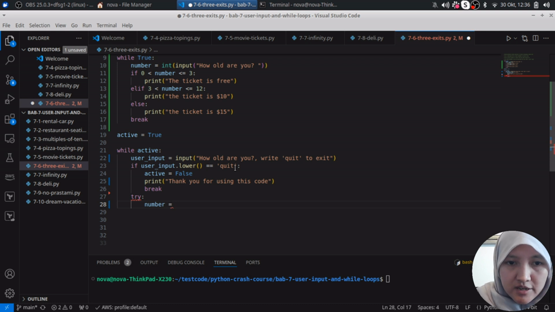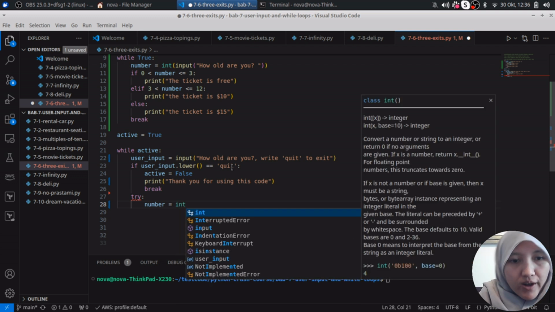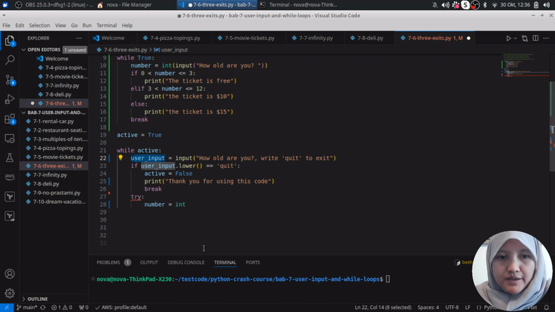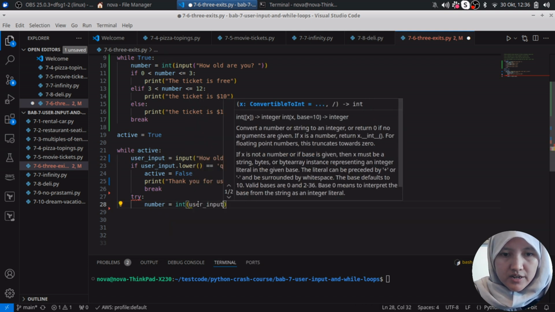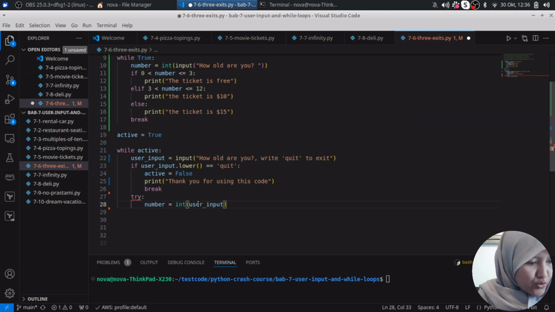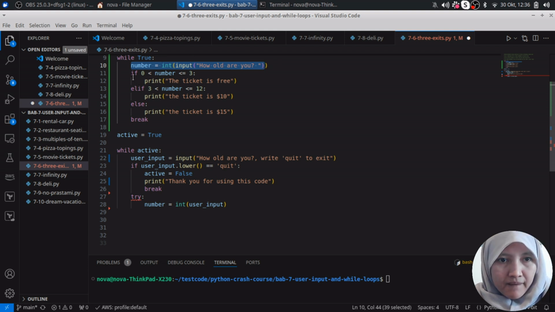The quit is not an integer because it is a string, so the number is an integer from what? From the user input. So you have the number as user input, it is the same as before, and the if-else is like before, and then you just add